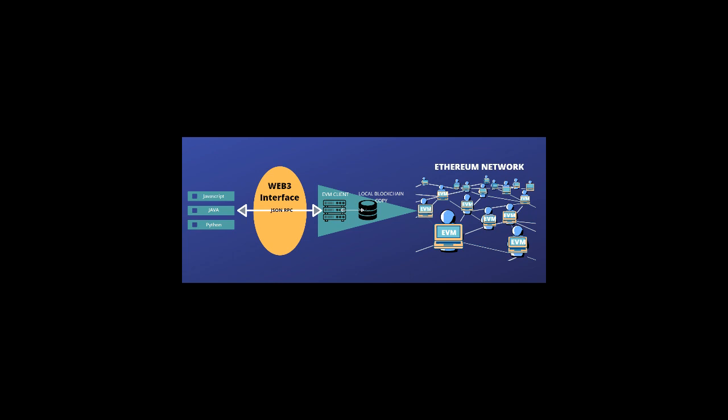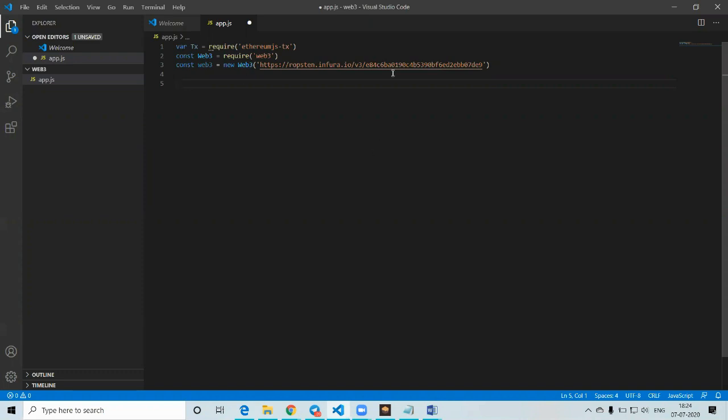So what we're going to do right now is sign a transaction, then send and broadcast the transaction to the Ethereum network. If you remember, yesterday we created an app.js in VS Code or your code editor. We've installed Ethereum JS transaction, which will help us with any sort of transactions on the Ethereum platform itself. Since we're not downloading the whole node, we'll be using Ethereum JS, which will connect us to a node on the network. We'll also require Web3,